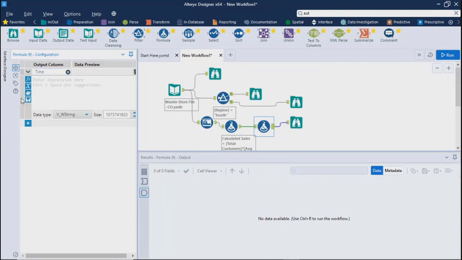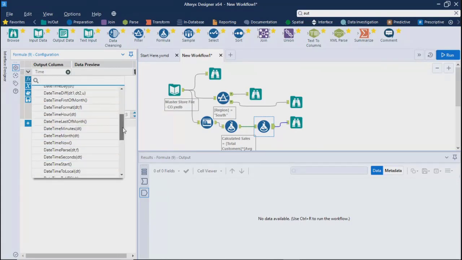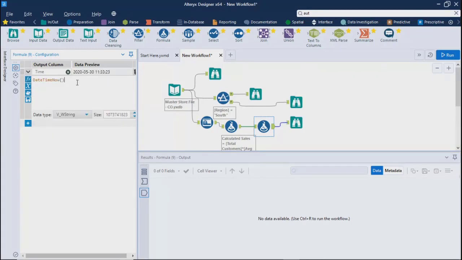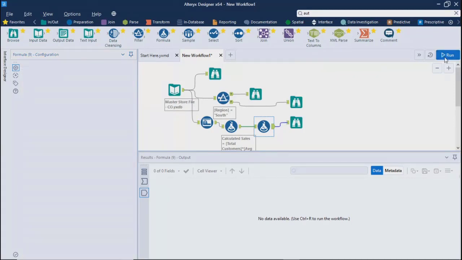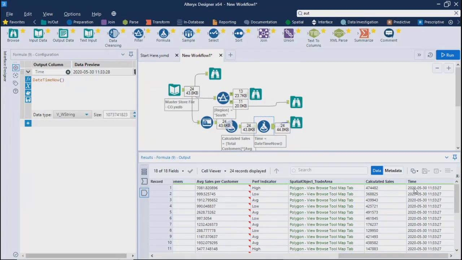You just need to go there, take the function, and it should be related to time, date time. We can take date time now. I'll just take this and we'll run our workflow. It is going to add date time, which is at this moment 11:33 and 27 seconds.